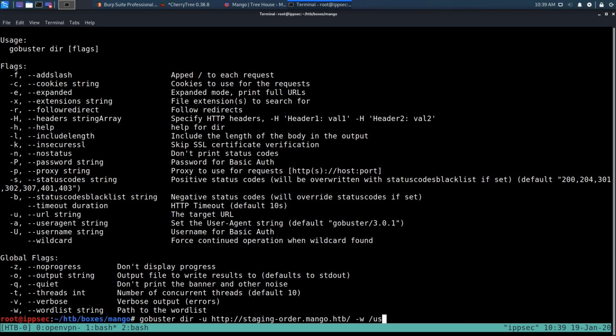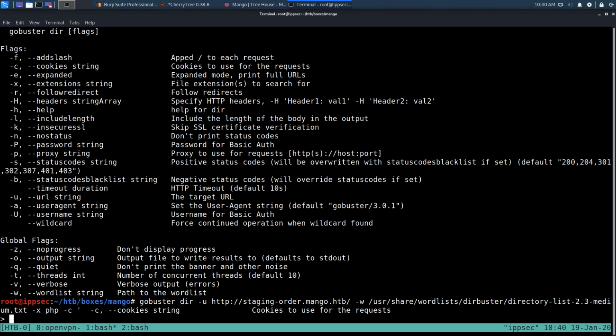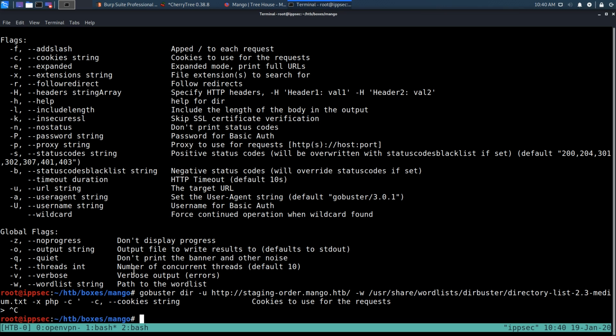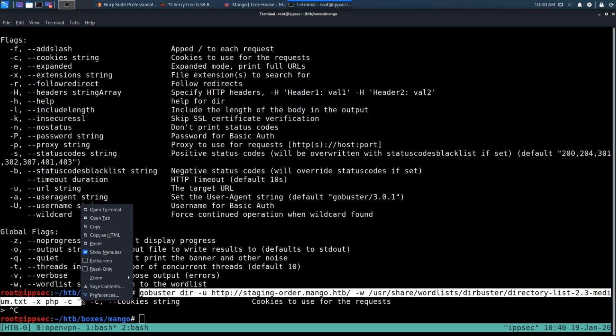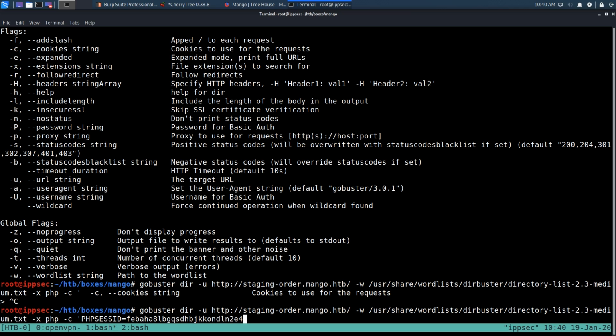Oh, I spelled out user. User share word list, GoBuster, directory list 23 medium.txt, -x for extension because we want to look for PHP files, and then the cookies is -c, so we'll do -c, and crap, I just copied that. Copy, paste, go back to Burp, copy that, paste, and then we'll do -o for output file, GoBuster, staging, logged in,